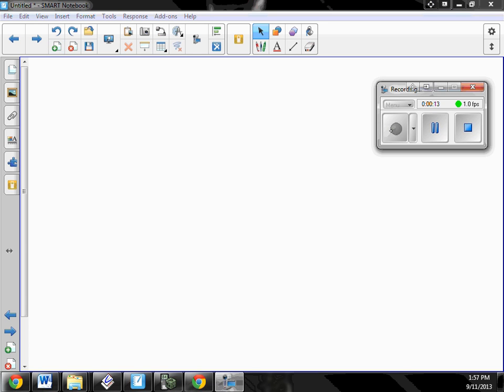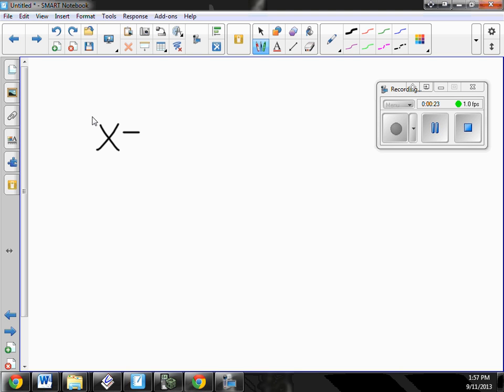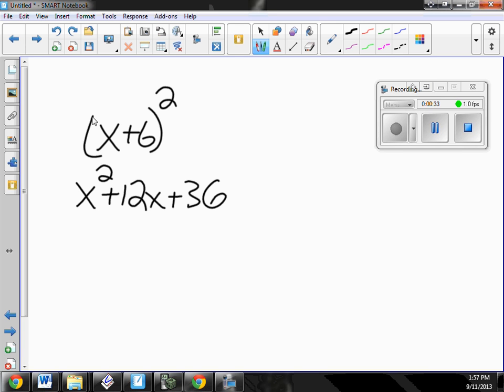We're going to complete the square. And yesterday we learned about perfect squares. So if I had x plus 6 squared, that's going to turn into x squared plus 12x plus 36. And the pattern we learned was, if you took the middle number and cut it in half,